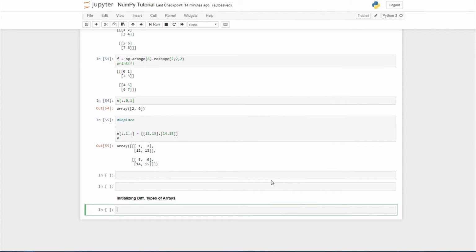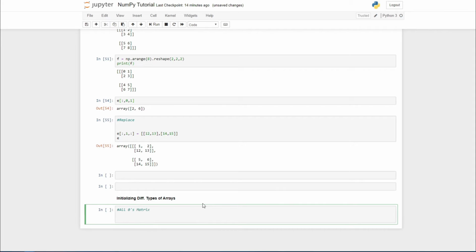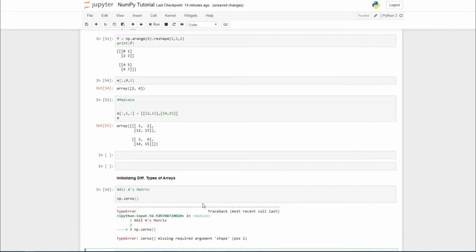Now let's see how to make different types of arrays or matrices, whatever you say. For example, you already know about the zero matrix. That means all the elements of that particular matrix are 0. So in that case, you just need to write np.zeros. That's easy. Before that, let me just make a comment like this is all zeros matrix. Now I'll just write over it np.zeros, and now if I run this cell,